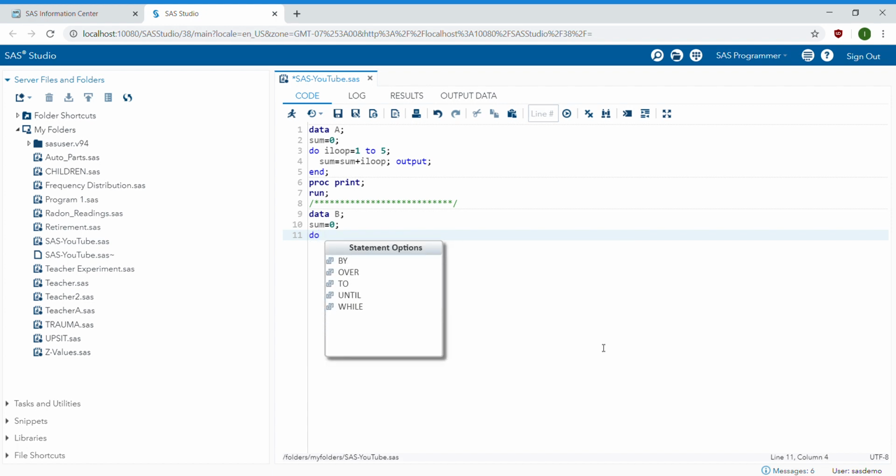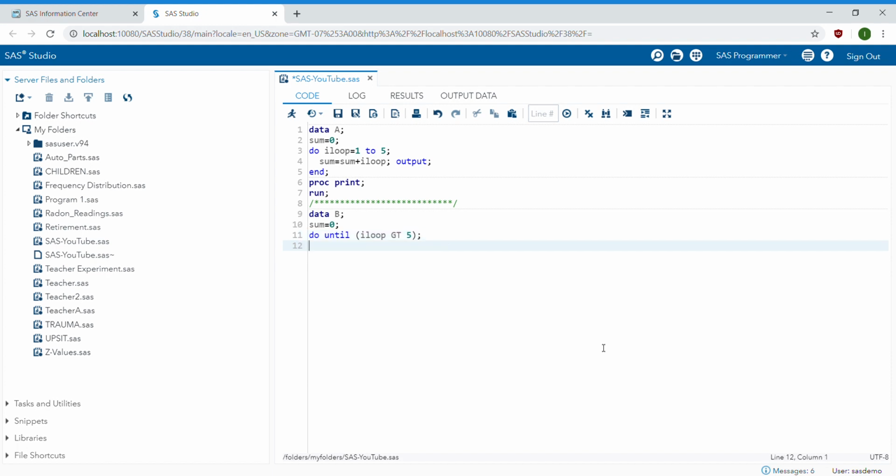Do until, open parentheses, I loop greater than 5; sum = sum + I loop; output;